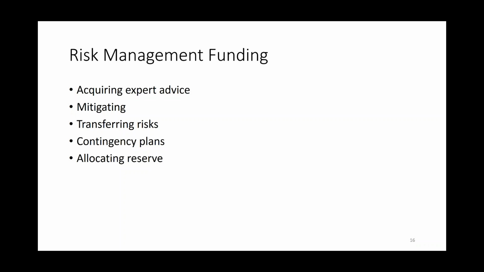Funding to mitigate or reduce the probability or impact of a risk comes from risk management funding. Transferring risk to a contractor, somebody else to manage the risk. Contingency plans or backup plans come from risk management funding. And then allocating reserve or protection amount is risk management funding. So you've got to figure out how much funding you'll need, not only to respond to risk by mitigating, transferring, or avoiding a risk, but also how to find out more and get expert advice on how to do this. Next slide.